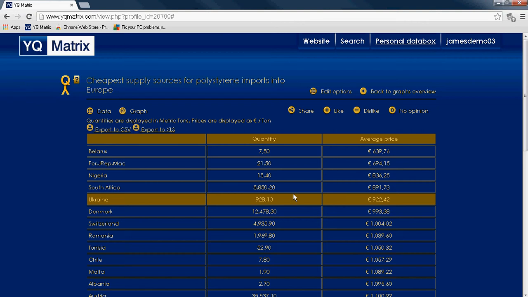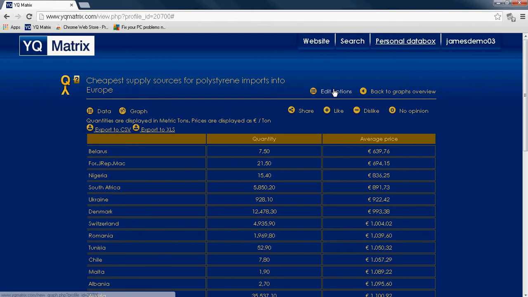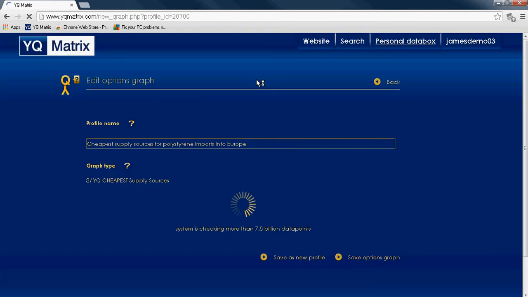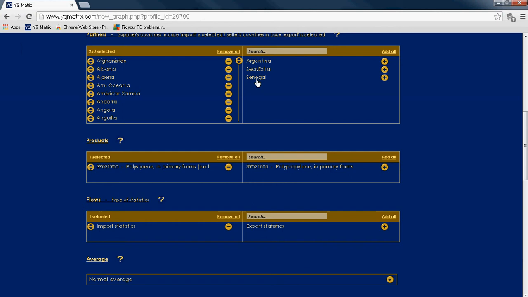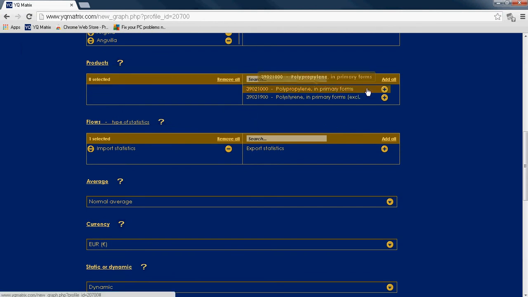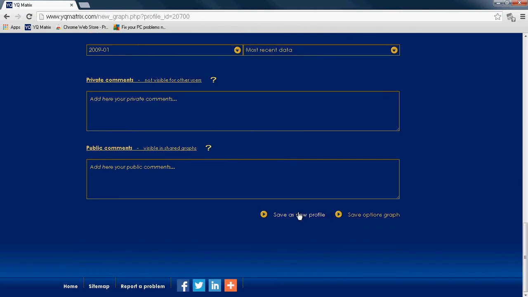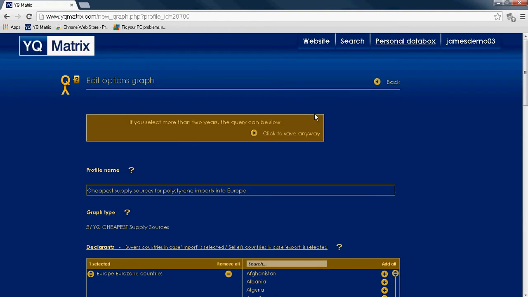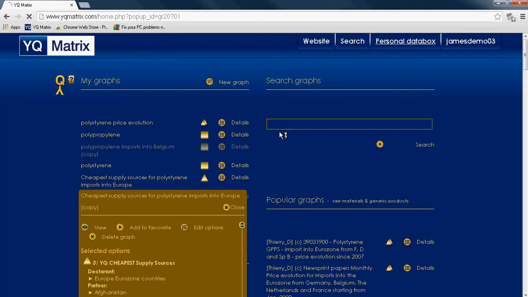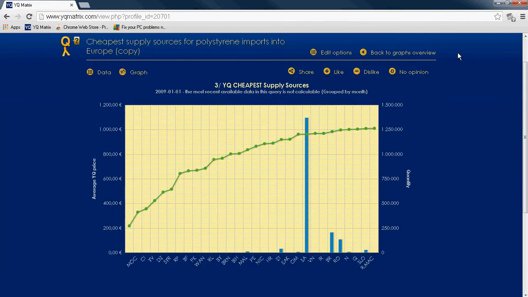You can do exactly the same thing for polypropylene. You edit your graph, you change the polystyrene by replacing it with polypropylene, and normally you save as a new profile because you would not like to overwrite the previous file. You click to save anyway, and basically there will be a new graph appearing with the polypropylene data, where you can see that you have